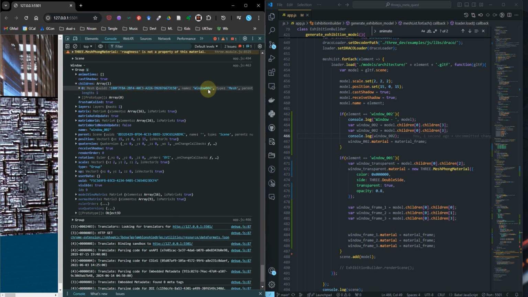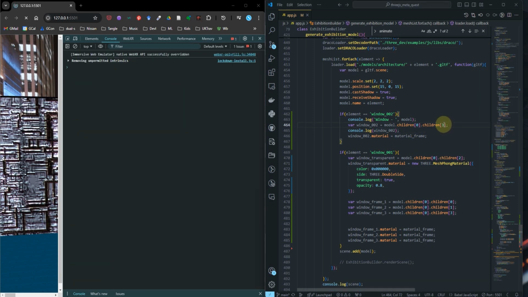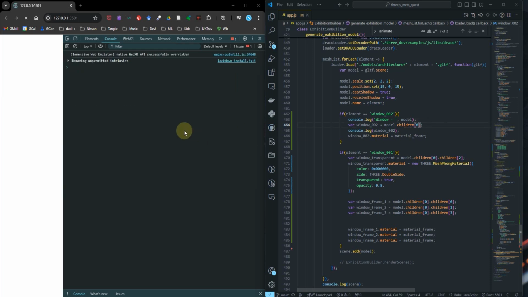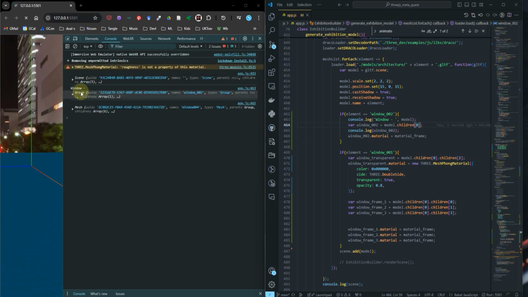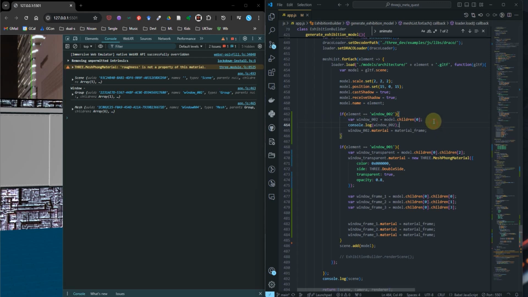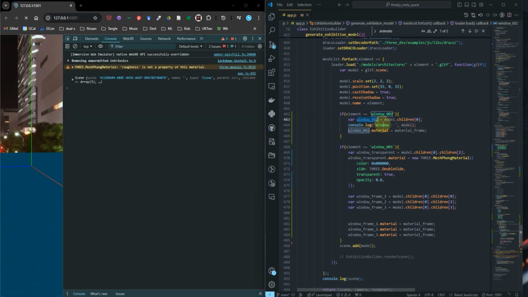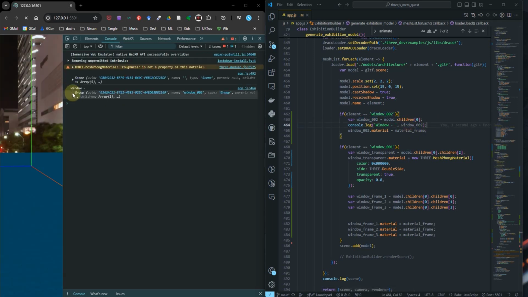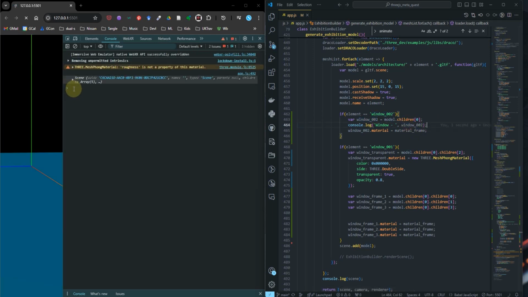That's window 004. So we're probably not getting it right here. So if you set this to window children 0, children 0, that's still what they. Then we'll probably come down here, put window 002 in here. See what then. So it's a group